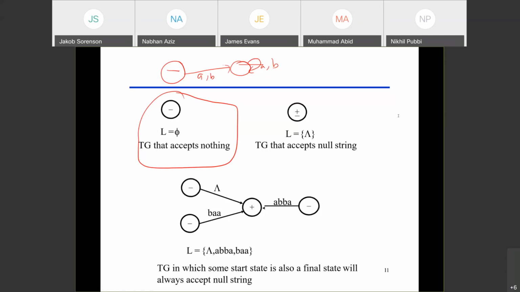So Gunnar, do you understand now? We don't need the final state, because if you have a final state, this is not good. We are creating a language which is the null language. Yeah, I understand. That's great. So now we have this machine here. This machine is taking care of lambda, because it is the start state and it is accepted at the same state without any input. So it is accepting lambda. It is not accepting any A or B.